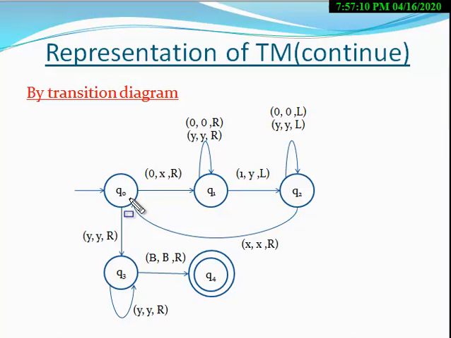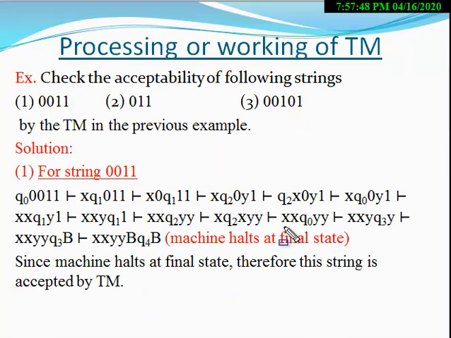So you have to apply. The state is change and Y is not replaced, right? And direction is right. So two action will be applied here. The first is the state change from Q0 to Q3 and the second action will be machine move to the right direction. Now we apply in the current ID this transitions rule. When we apply this transition rule in this ID, we get the next ID is this. Now the state change from Q0 to Q3 and machine move to the right direction.